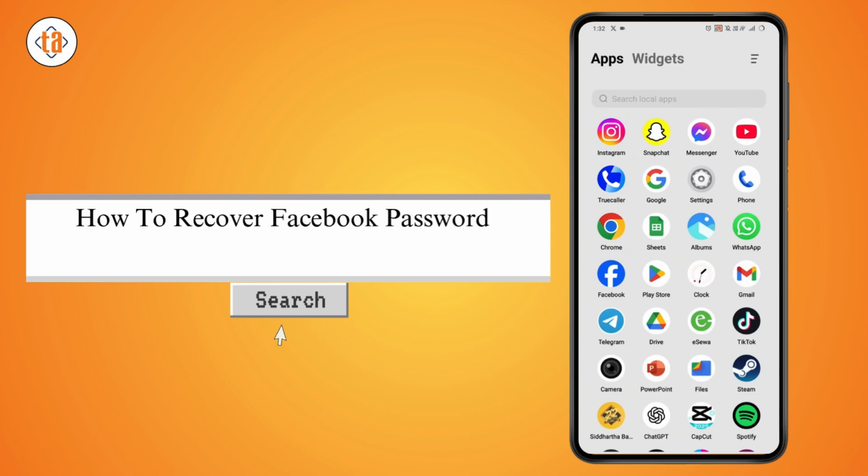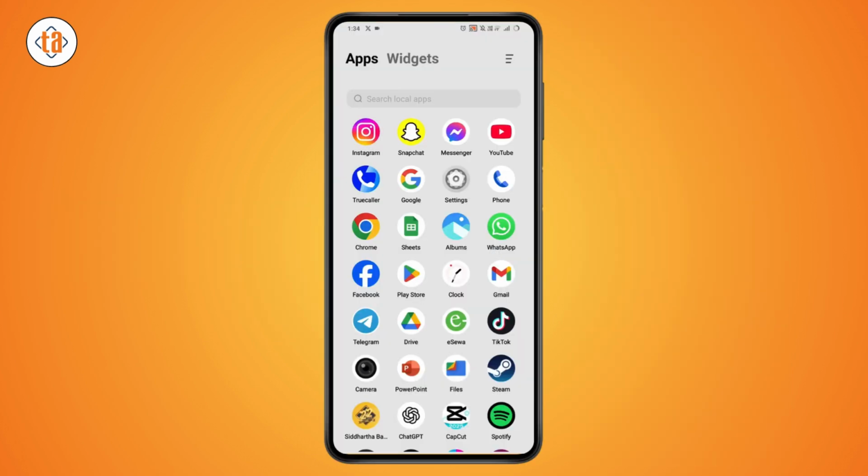How to recover Facebook password without email and phone number. So if you want to recover your Facebook password without email and phone number, then what you need to do